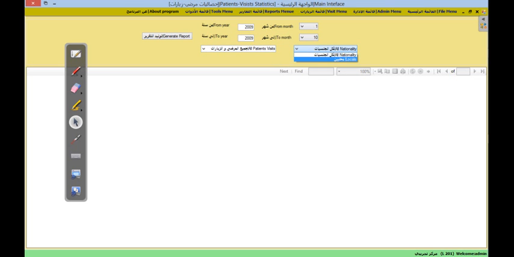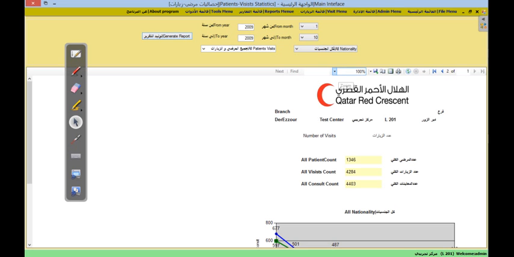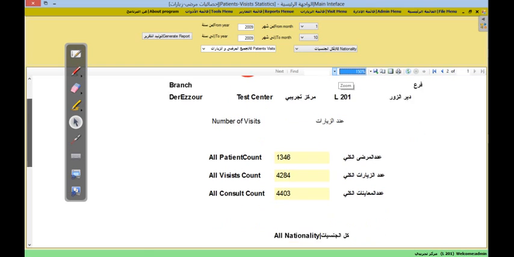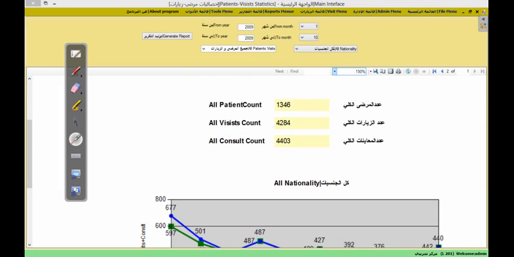And also we can specify it only to locals, which, if we install this application in Syria, will be Syria. But I will select all nationalities and generate the report for them. So this report is interesting. It will tell you how many patients visited us during this period, and how many visits are there in this period, and how many